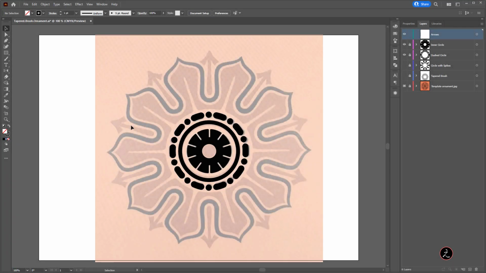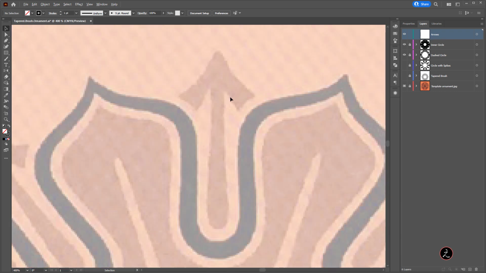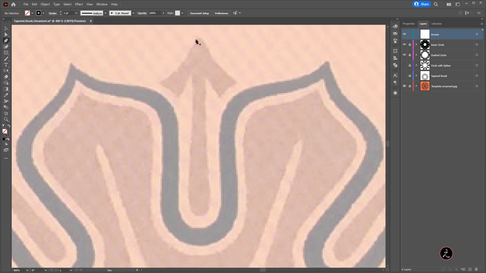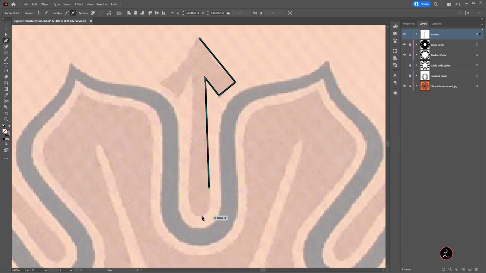All right, so we reached the very last step of this ornamental design. Let's go ahead and work on these arrows here. I have already created the appropriate layer inside the layers panel. So I'm just going to zoom in a bit, grab the pen tool and just create straight segments. I will use the same technique as I used earlier. Just create straight segments, which I'm going to bend, which means I will grab the anchor point tool. So I'm going to bend this straight segment, this one a bit here too, and this one.